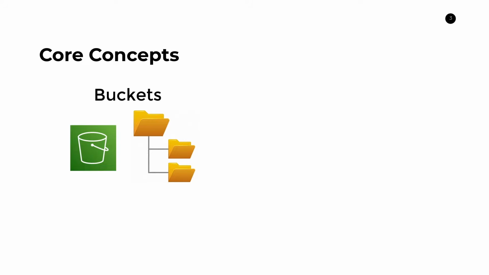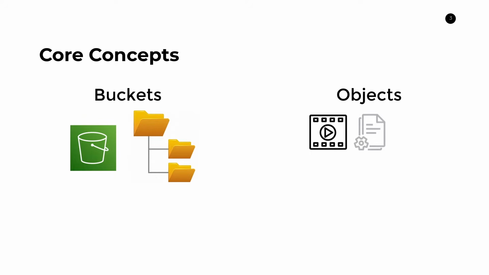Now, the second core concept is, as you would assume, something called objects, and objects are just the content that you're storing inside of your buckets. This can include a wide variety of different file types like we discussed earlier. So this can include media content such as videos or images. It can include JSON files or CSV files or whatever you want to put in there. It can also include SDKs or jars or zip files that are useful for your applications to actually boot up. So there's a whole bunch of different things that you can store in there,